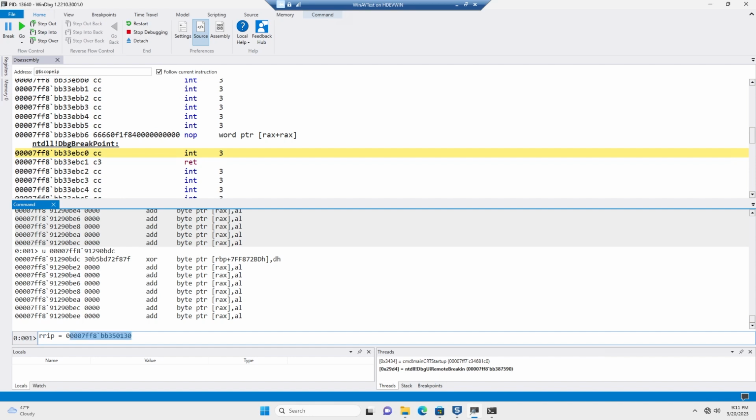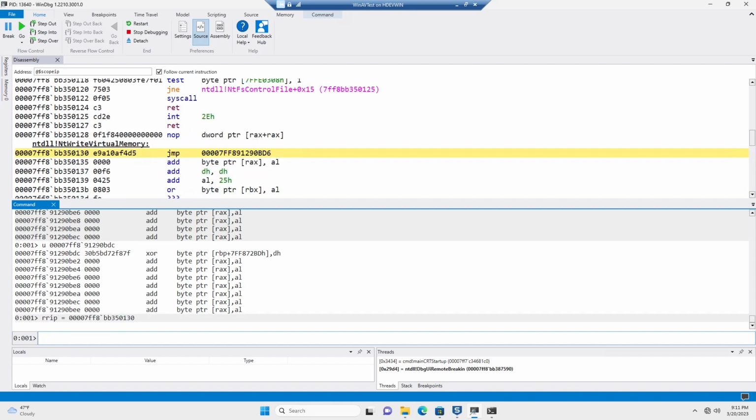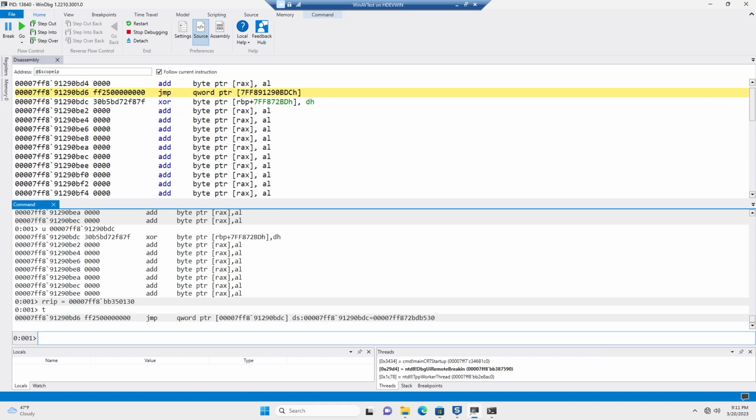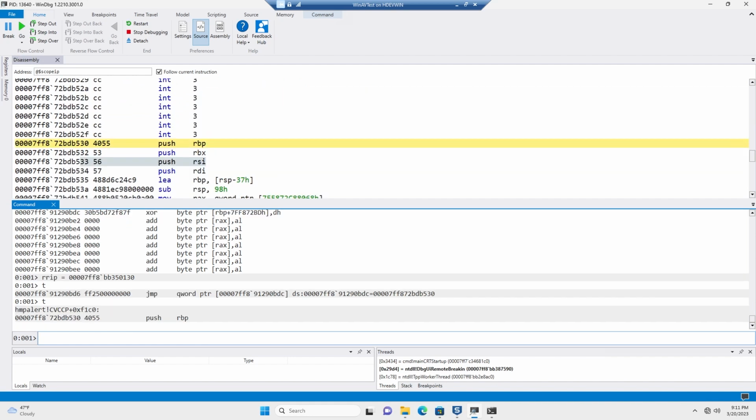And I'm going to forcefully change the instruction pointer to that address by doing r rip equals that address. Now, when I single step through, I'm going to be single stepping on this jump here at the top. I single step through. We hit this second jump. I single step through here. And now, bang, we are